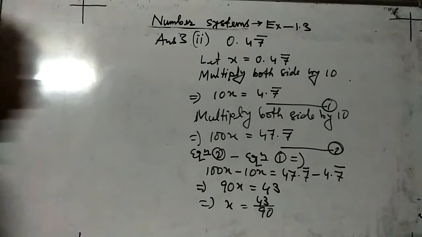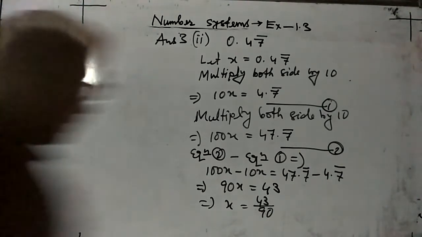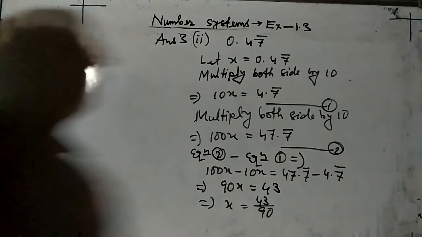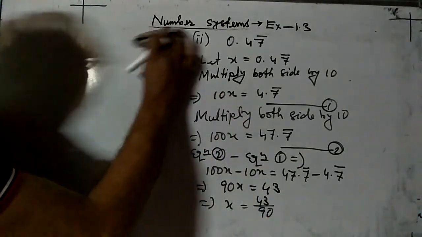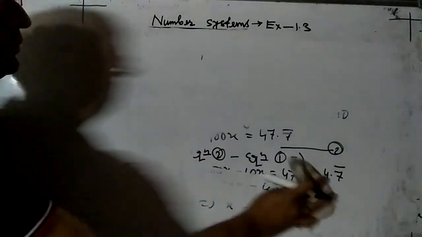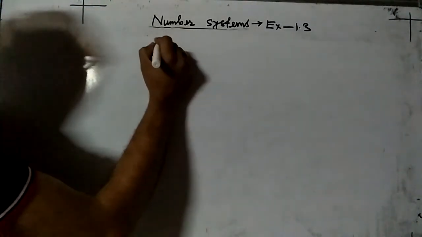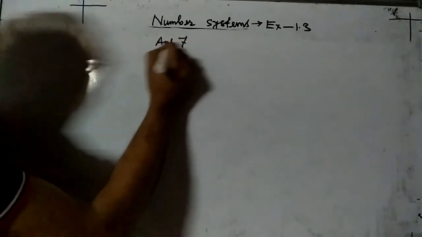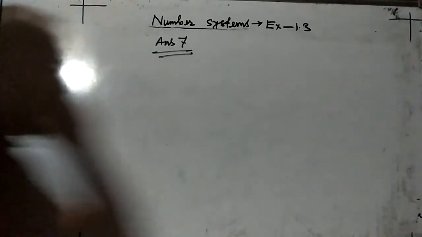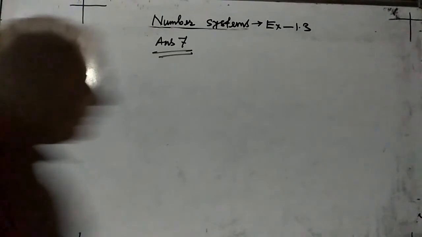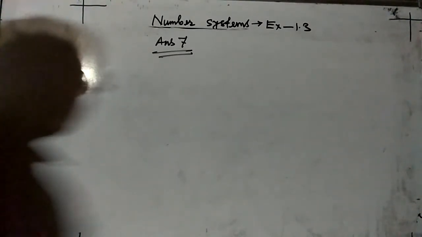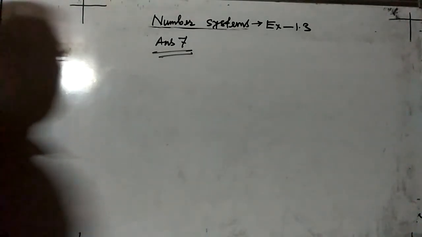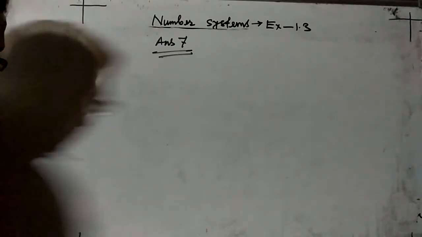Questions number 4, 5 and 6 are short type questions. You will complete that. So I am showing question number 7. Answer 7. Here the question is, give 3 examples of non-terminating, non-recurring, that means irrational, numbers. Already I explained how we can write an irrational number in decimal form. So any 3 you can put as examples.